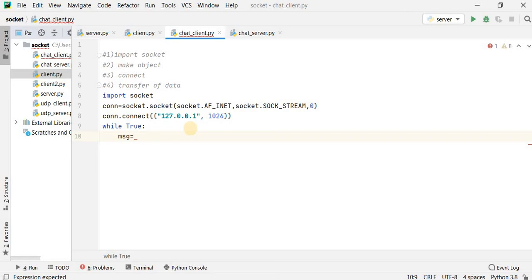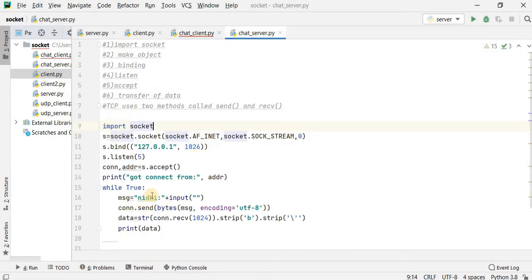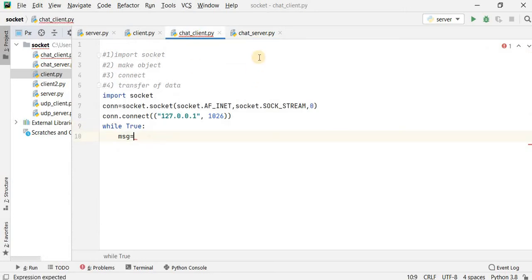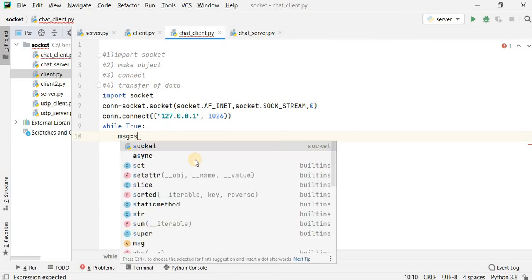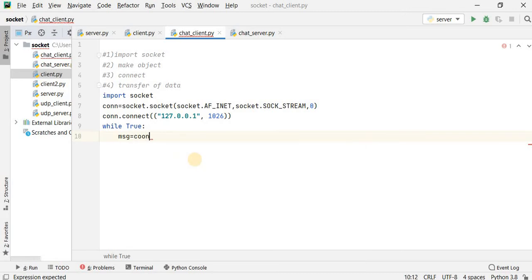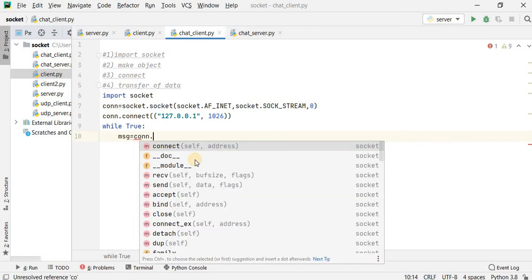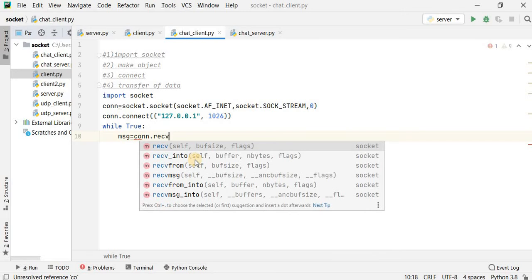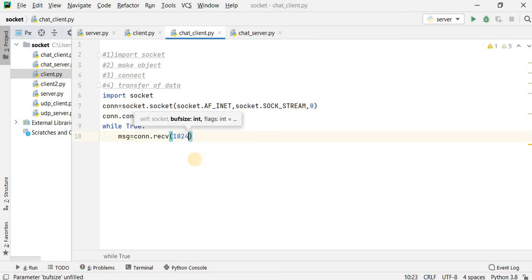And what is the object name? Because the first message should be sent from the server, and this message has to be received by the client, so in that case we have to invoke the receive function over there, because the server is sending the message and the client is receiving. So we have to invoke the function receive by the dot operator, using the object. My object is con and my method will be receive, and under the receive you have to pass the buffer size, that is 1024 in my case. Then print the message.